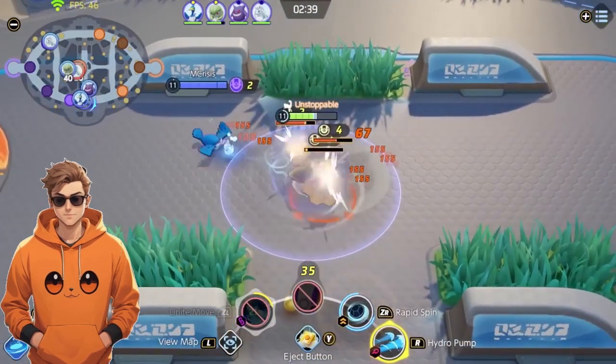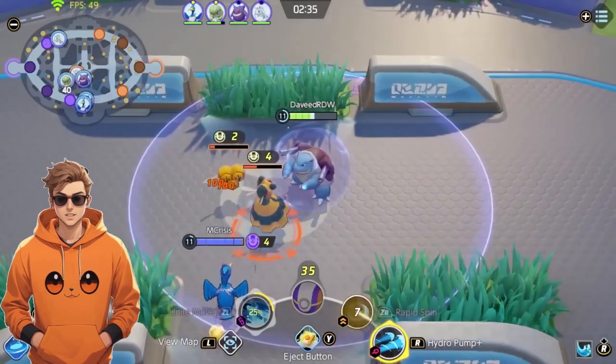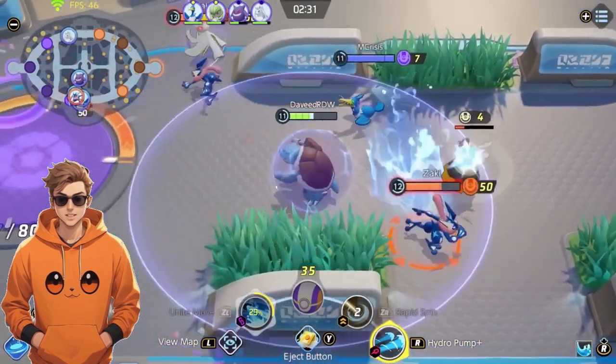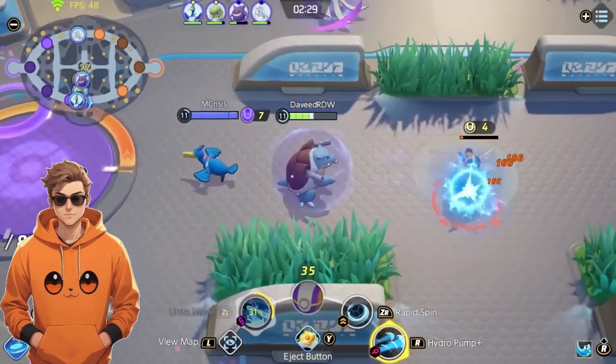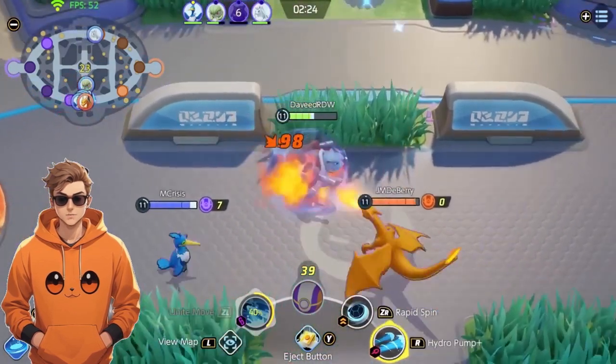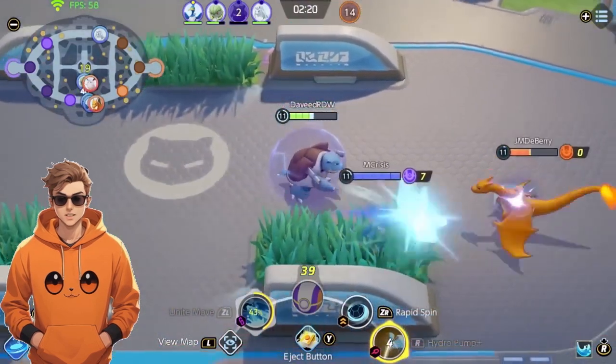Turning the tide. Supportive Blastoise is about more than healing. It's about turning the tide of battles. The combined effects of Shell Smash, Water Spout, and Hydro Pump create a synergistic approach that ensures your team operates with unparalleled efficiency. As the backbone of strategic support, you'll find yourself shaping the narrative of each engagement, steering it